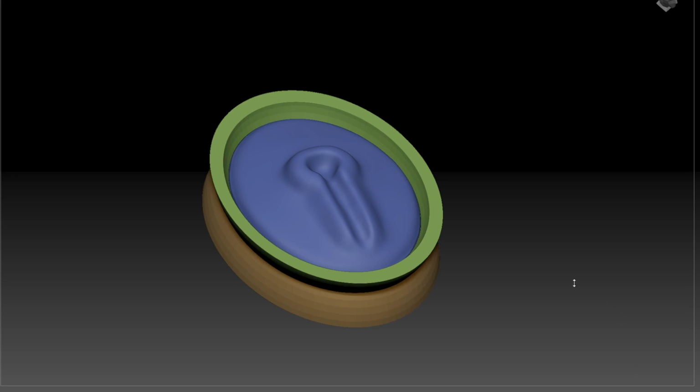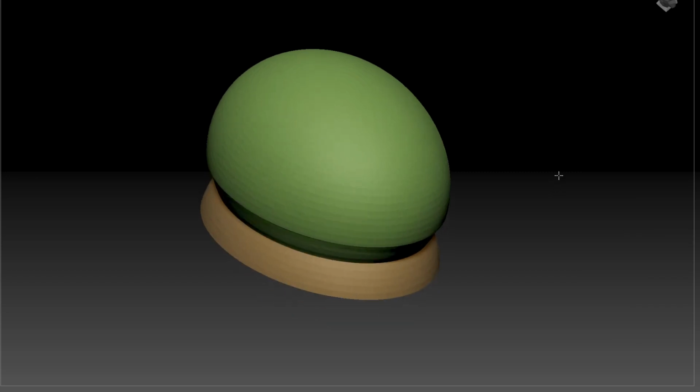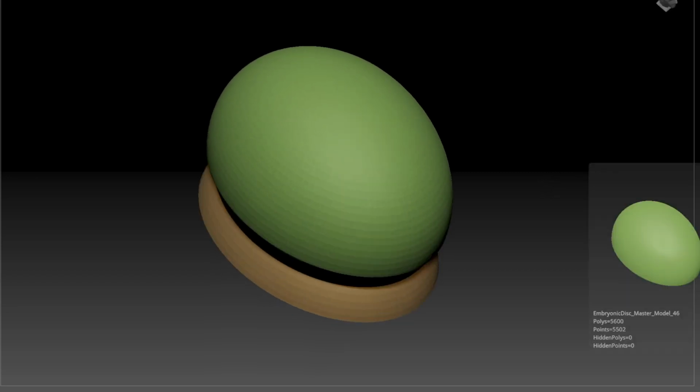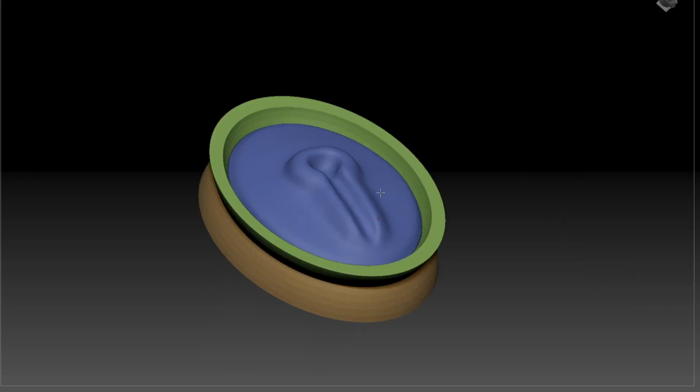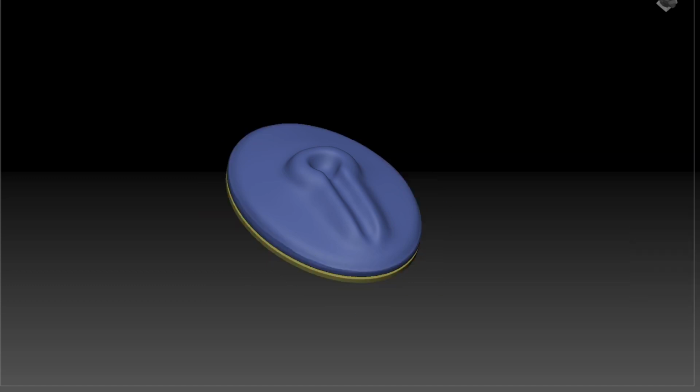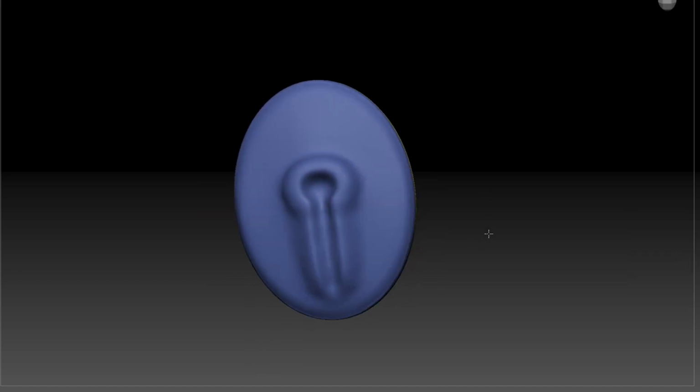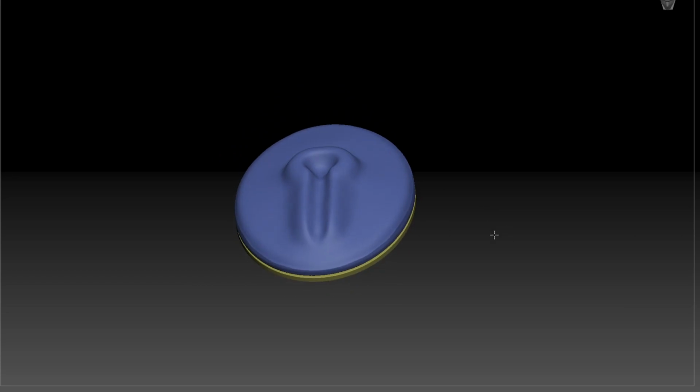I just want to remind you that at the margins of the developing ectoderm here, the amniotic membrane continues up to form a balloon above it, and that space inside that balloon is our amniotic cavity. And likewise, below the embryonic disc, we would have the umbilical vesicle, otherwise known as the yolk sac, which has been cut off here. So if we remove those, we're left with an embryonic disc that has an upper layer